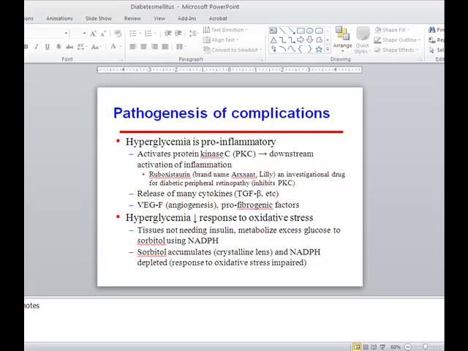So hyperglycemia is pro-inflammatory, so it stimulates an inflammatory response, and it activates protein kinase C, and it's the protein kinase C which later brings about these inflammatory effects. So hyperglycemia can activate protein kinase C, and the downstream effect of protein kinase C is activation of inflammation. Just in this context, I'm mentioning